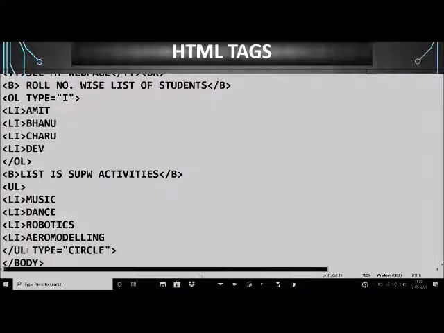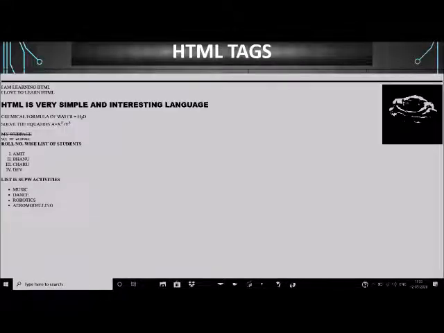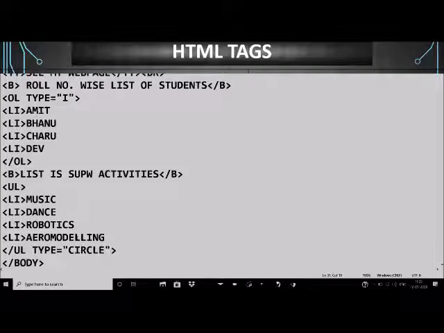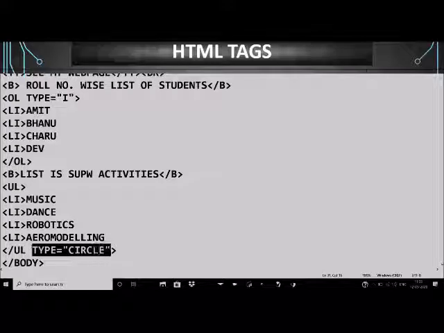Let us save our document and see how our list changes. Oh sorry, I've given the attribute in the closing tag. That is why it is not being applied. I should have given it in the opening tag.